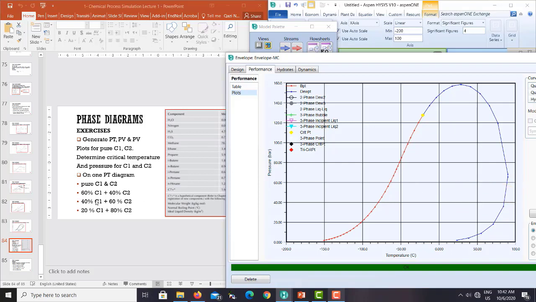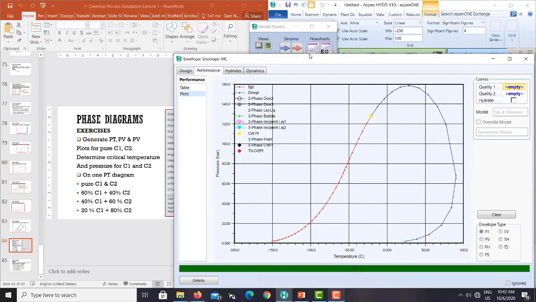If you look at the binary component, like in the previous case where we have only two gases, C1 and C2, your diagram has a very small portion that contains both phases inside, and your phase envelope is not very much fatter or thicker. But in this case you can see here the phase diagram is thicker because we have multiple components, and we have some C7 plus fraction that will make the phase envelope a little bit fatter. Okay, so this is about